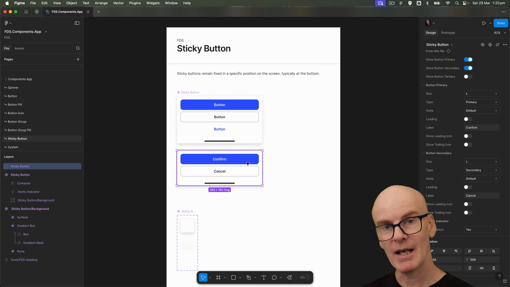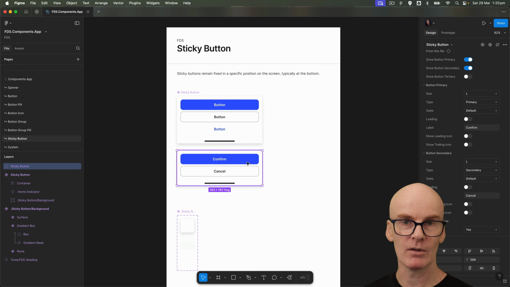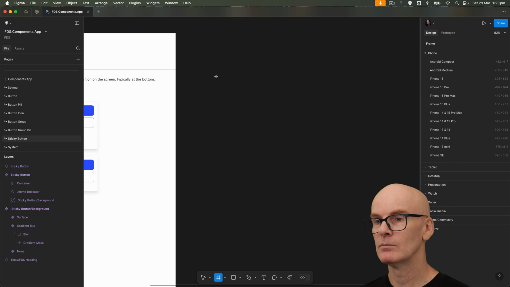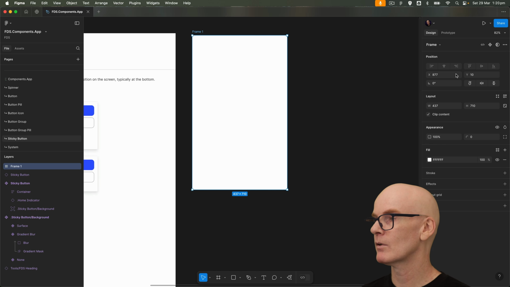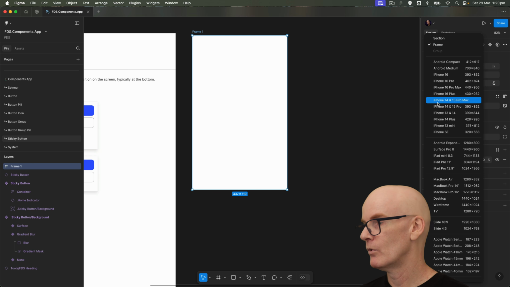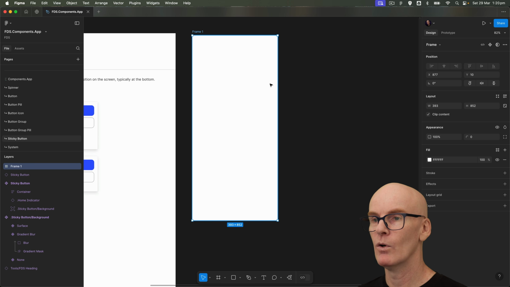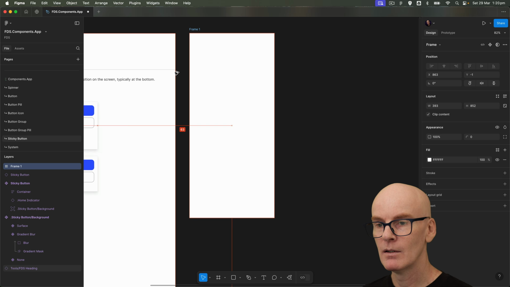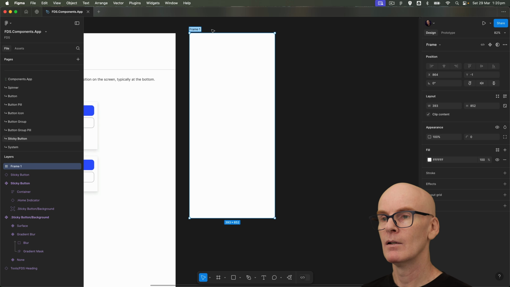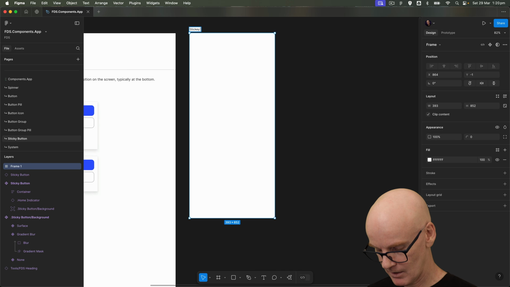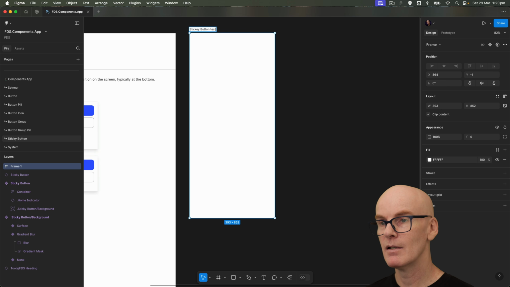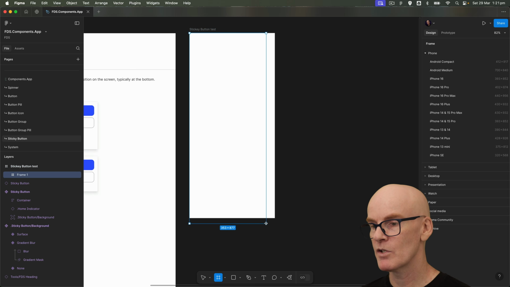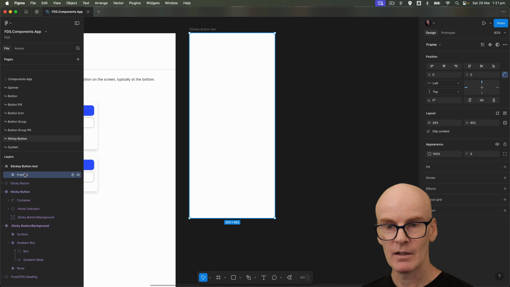Let's place it in a frame, add some text so we can see what the backgrounds look like. I'm just going to come over here, hit F for frame, just drag it out, change that to 14 and 15 Pro. Just going to move it up here. Let's add a sticky button test. And here I'm going to add another frame, which takes up the whole screen. This is going to be